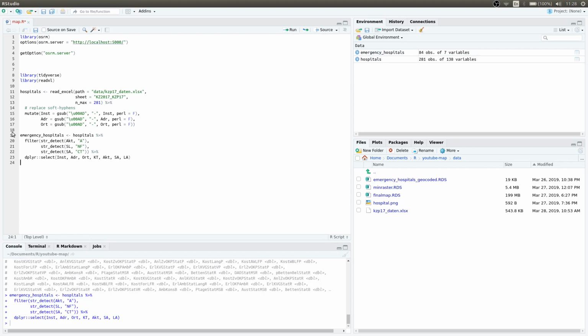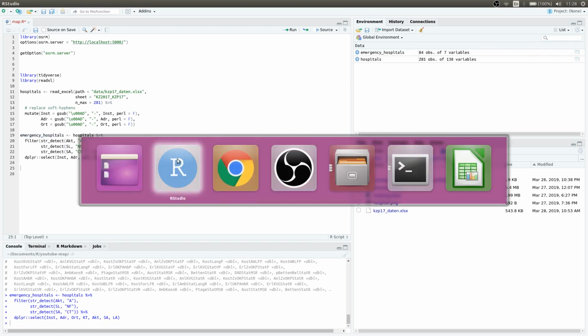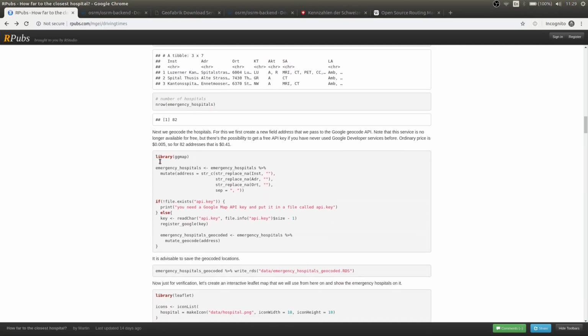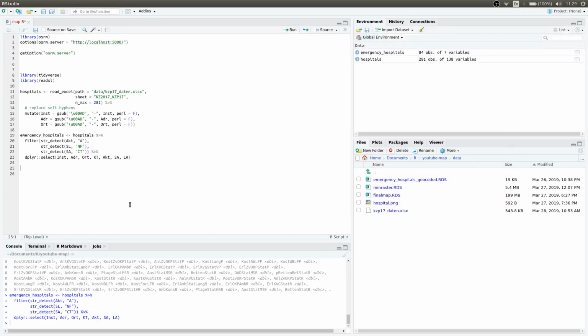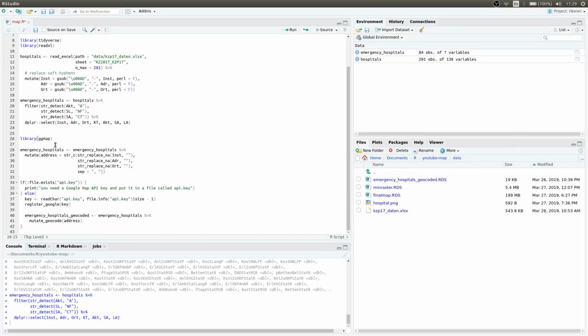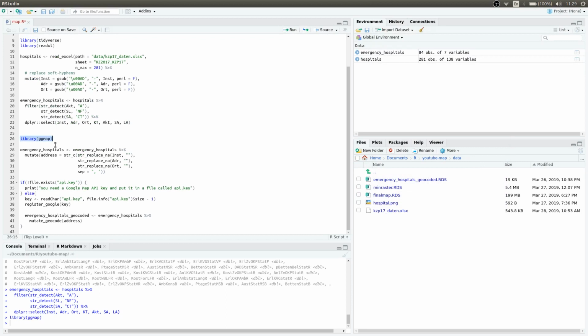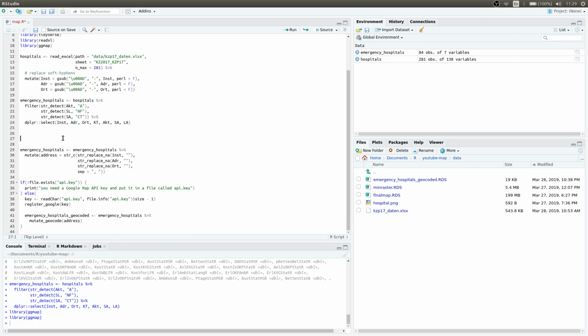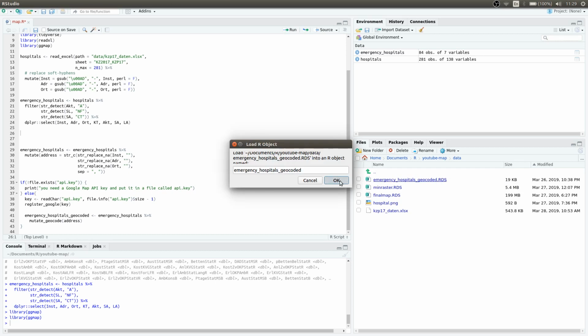So this is what we're going to run, and you see you have 84 hospitals that offer emergency service. And now the next step is that we're going to use ggmap. So let's load the package at the beginning. I'm going to use ggmap to geocode. Now I already have them geocoded, emergency hospital geocoded. Let's load this,